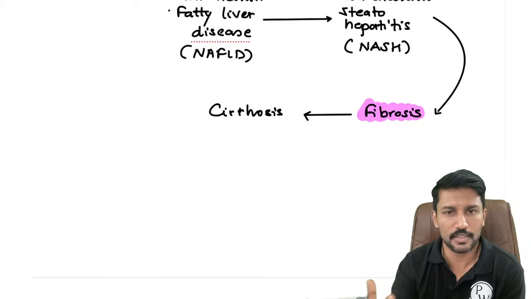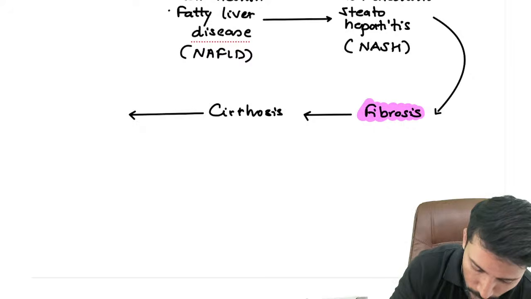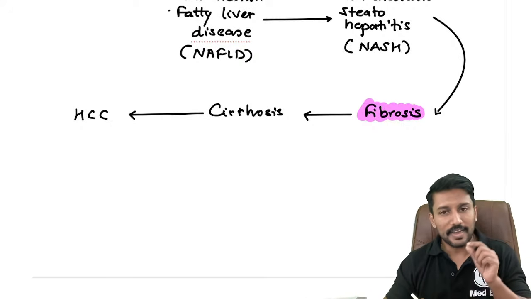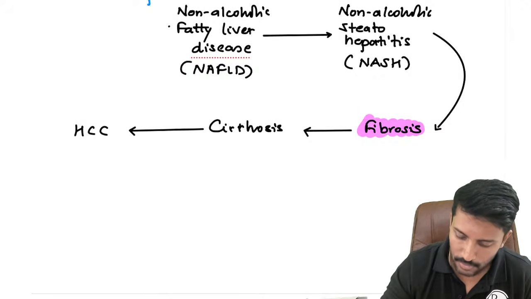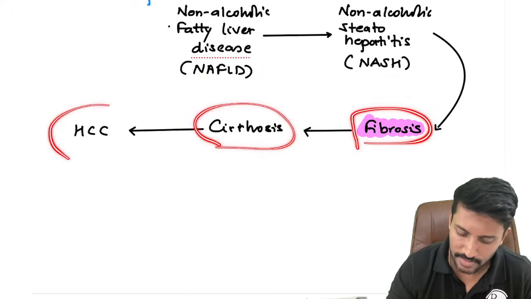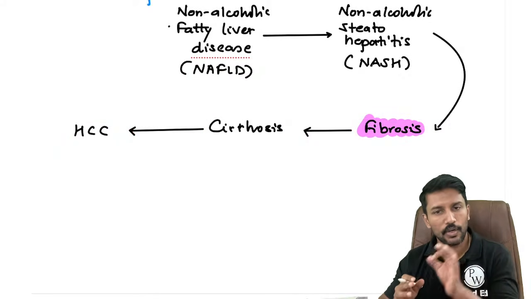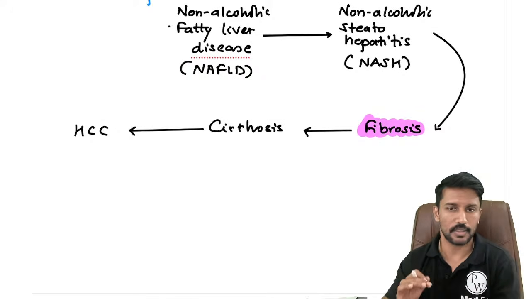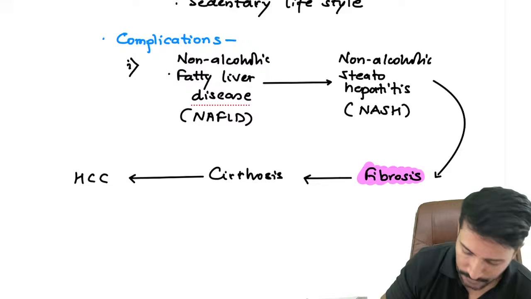Cirrhosis is nothing but more extensive form of fibrosis, and we know that cirrhotic liver is a risk factor for development of hepatocellular carcinoma. So if I start eating too much today, eventually I push the risk of fibrosis, cirrhosis and hepatocellular carcinoma onto me. So can I say that non-alcoholic fatty liver disease is associated with higher mortality? Yes, it is associated with higher mortality. So the first complication I would mention is this.